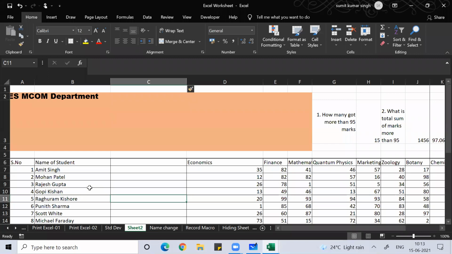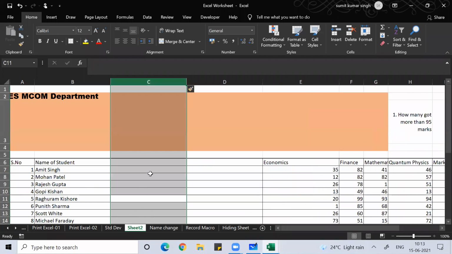If I want one more column, again I'll press Control space bar, Control Shift plus, and you'll get one more column. Clear everyone?